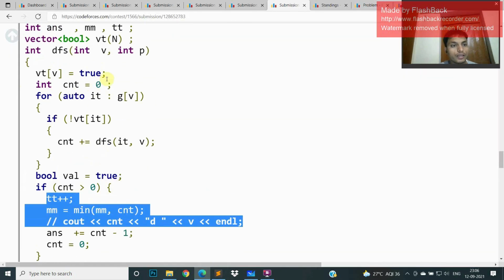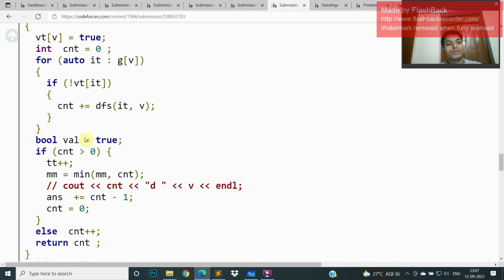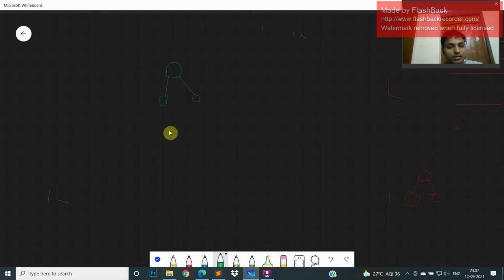If this is a leaf, then count will be zero. If count is greater than zero, I will count it. It will count how many leaves a node has. This will store how many leaves a node has. If it is zero, then it is a leaf, and I will increase by plus one. Else, if it is not a leaf, I will cut it here. And then the answer will be how many leaves there are. I will maximize it, in a simple way.